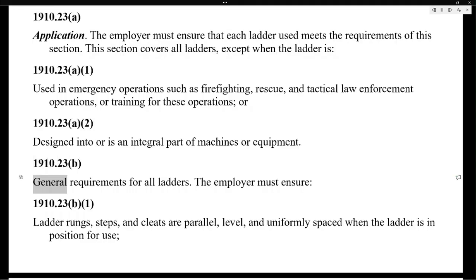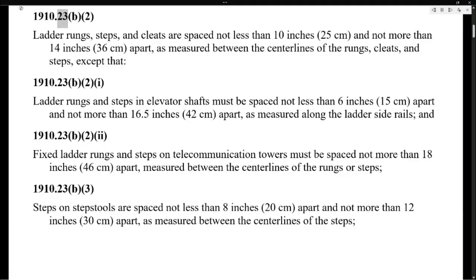1910.23(b) General requirements for all ladders. The employer must ensure: 1910.23(b)(1) Ladder rungs, steps, and cleats are parallel, level, and uniformly spaced when the ladder is in position for use. 1910.23(b)(2) Ladder rungs, steps, and cleats are spaced not less than 10 inches (25 centimeters) and not more than 14 inches (36 centimeters) apart, as measured between the center lines of the rungs, cleats, and steps, except that: